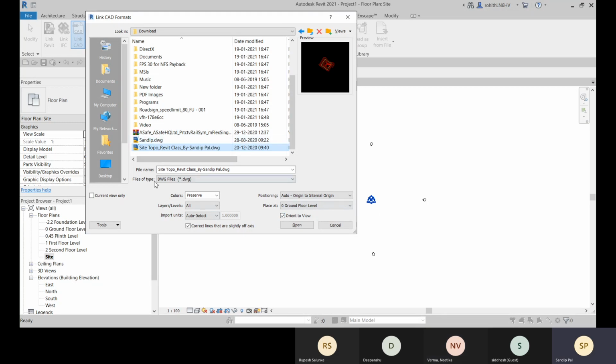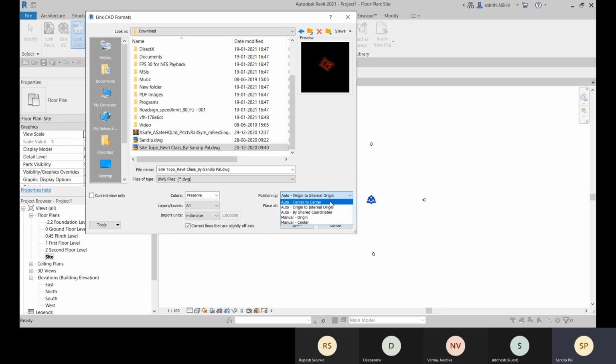Okay, so this is the file, and what will be the import units? So specify the import unit as per this project, and where it will be placed: at the ground floor level, or you can go with the foundation level also.